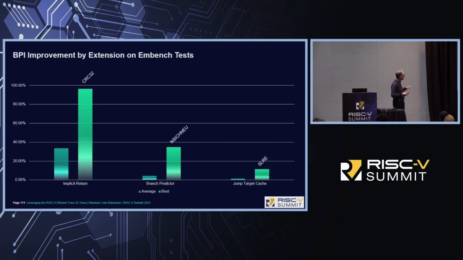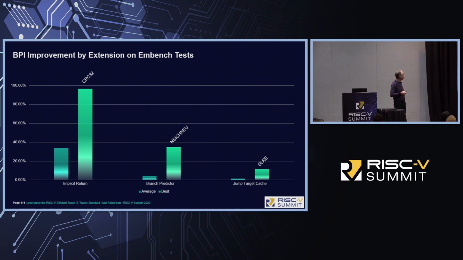And then we can analyze this a little bit further. The next thing we can look at is how that breaks down amongst the different optional modes. We can see that the biggest contributor to the improvement is implicit return capability. And on average we see somewhere around 36% here. Actually, even with a stack which has only room for one address, you get well over 30%. So most of the benefit comes with the simplest hardware implementation. Then as you add a deeper stack, things improve. So on average, around 36%, but you can see some programs, like the CRC32, we see a 98% improvement in